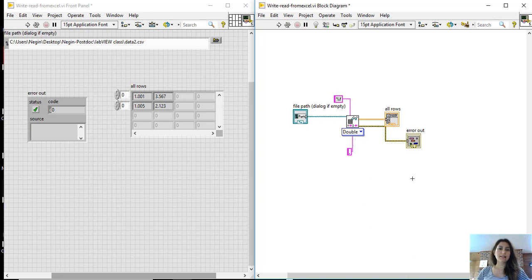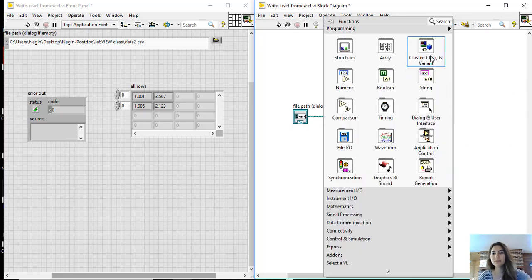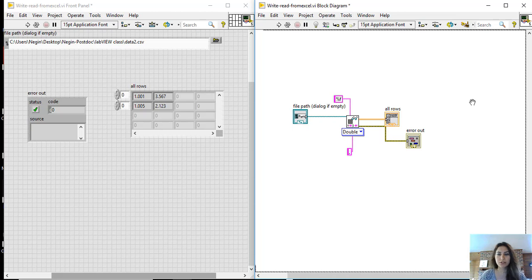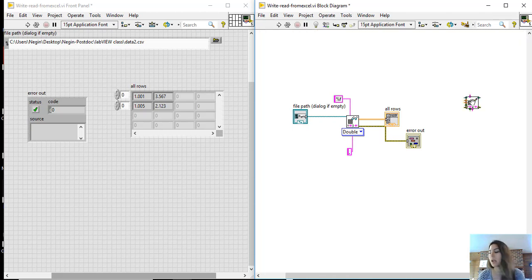Say that you have read this Excel file, and now you want to write this Excel file into another Excel, call it data3.csv, something like that. So you go to the block diagram, you right click and go to the file, and this time you choose the write delimited function. Sorry. And in the write delimited function, you basically want to read